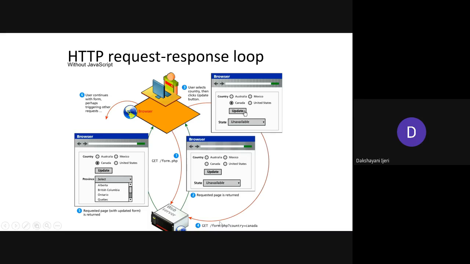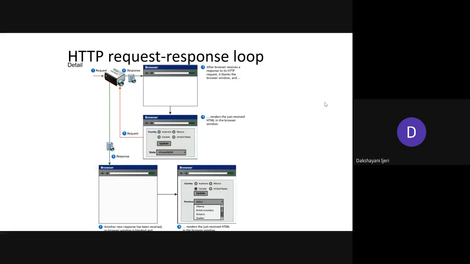It is sent to the server, and then the server processes the data and sends it back along with the data that was filled in the form. You can see the data selected by the user has been updated by the server, and this will be sent back to the browser, to the user, where the user is going to continue filling in further details. So this is just to tell you how the general interaction between the HTTP request and response carries out between the browser and the server.